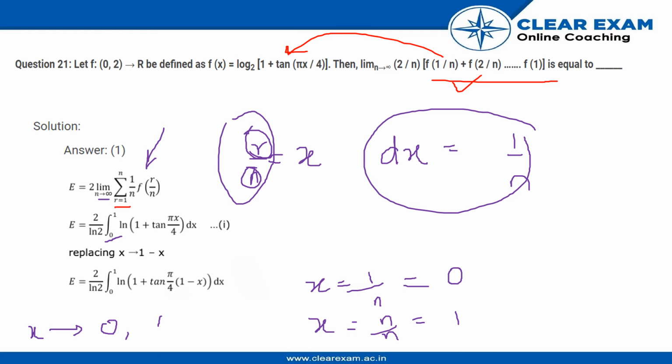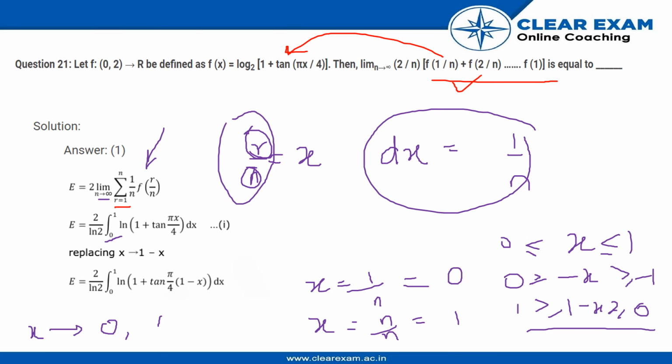So if I just take a minus sign, I will write it in terms of inequality, 0 to 1, where x has these values. If I take a negative sign, the inequality changes. And if I add 1, I have 1 minus x over here, and this becomes 0. So I still have the limit same, but the function is having a different x over there. So x is 1 minus x in this case. So we use that over here.